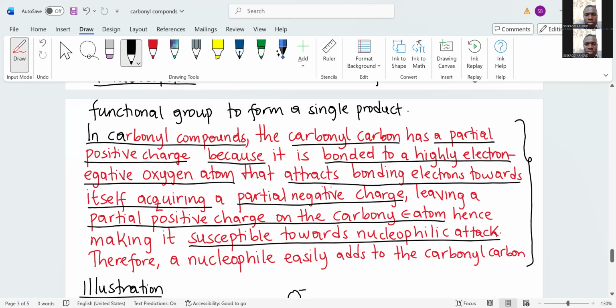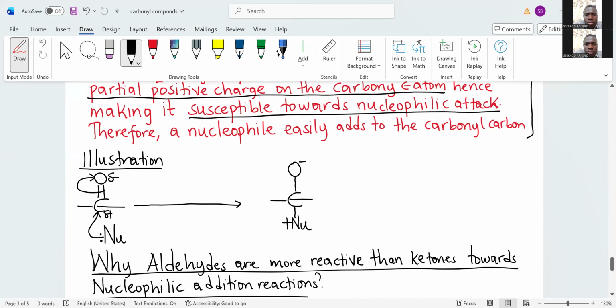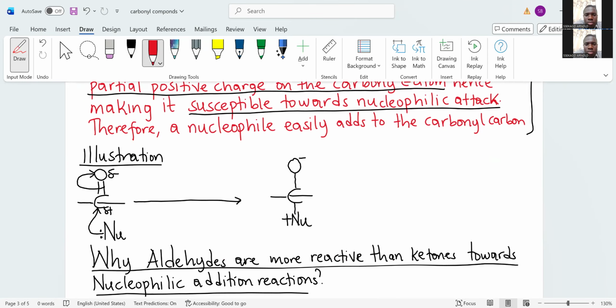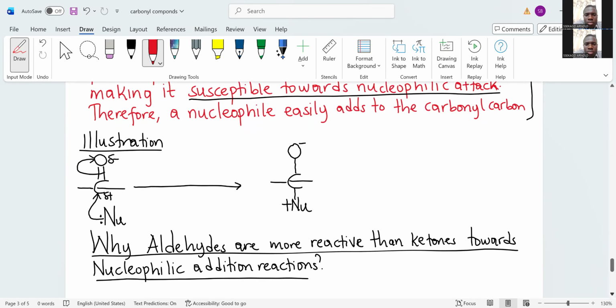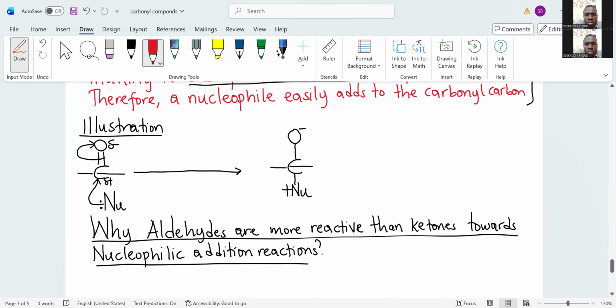I welcome you back to this tutorial on carbonyl compounds. So last time we were able to explore the type of organic reaction which is undergone by both aldehydes and ketones. And I left something behind for you to think about: why aldehydes are more reactive than ketones towards nucleophilic addition